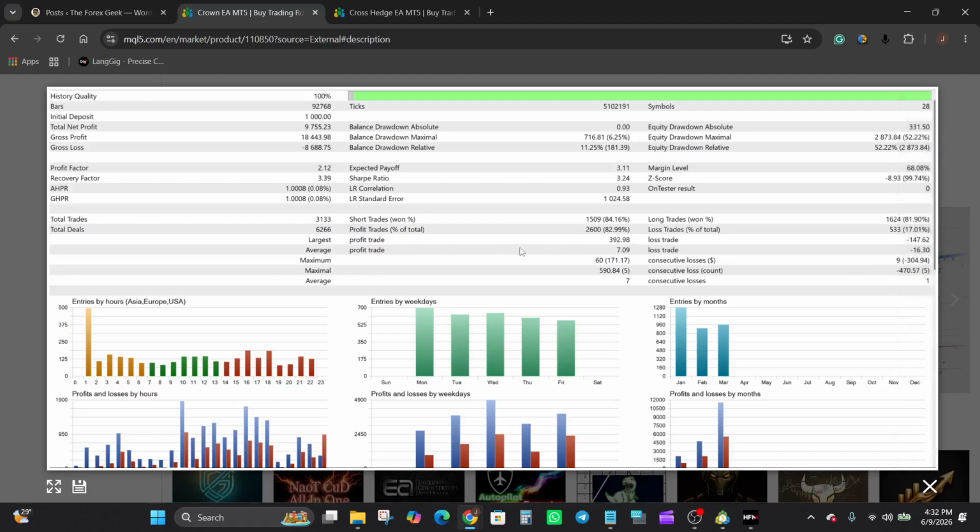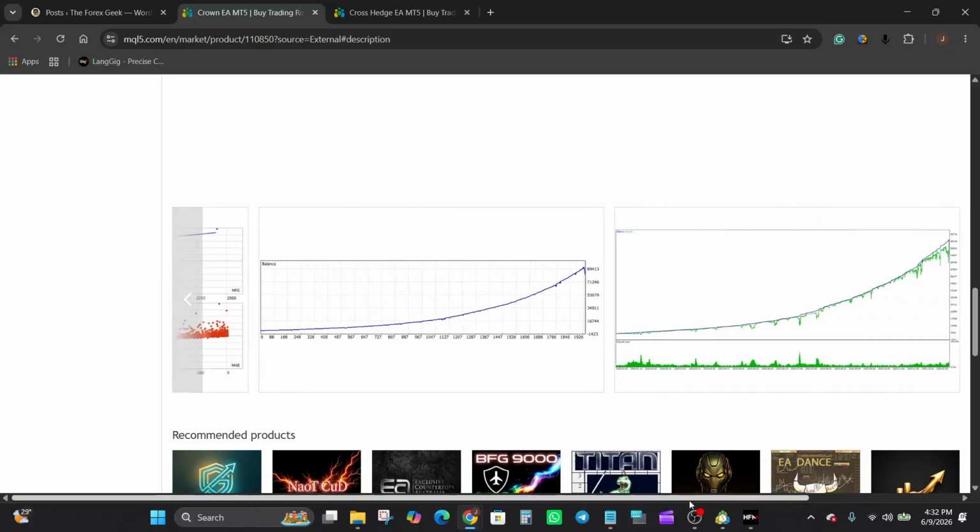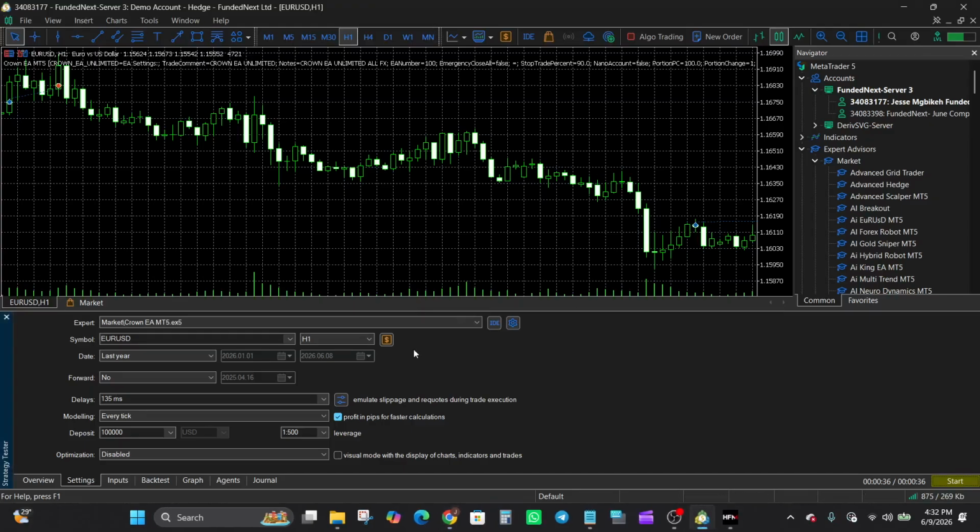So based on this information here, we can see that the average risk to reward ratio is poor. It's actually poor. And when you put that side by side with the win rate, which is good, I'm not surprised to see a total net profit that is positive. Okay, but let's just quickly head over to our strategy tester to see how the EA performed over the space of 5 months. So as we can see, the Crown EA was backtested on Euro USD on the H1 time frame, and from the beginning of this year till date, as you can see here,